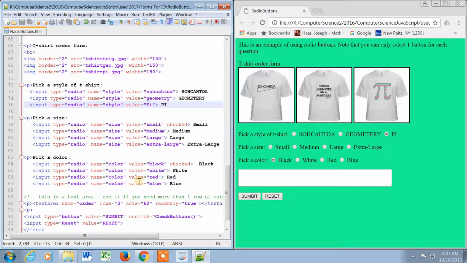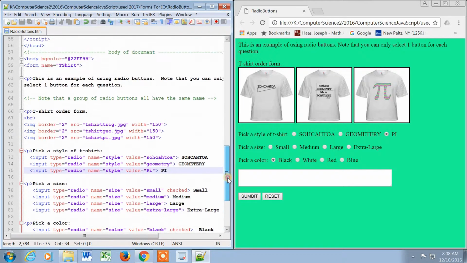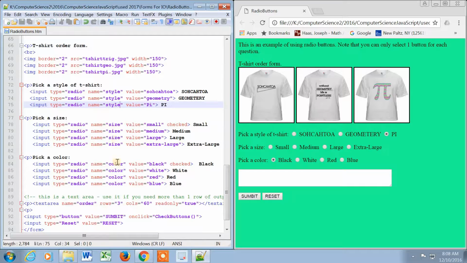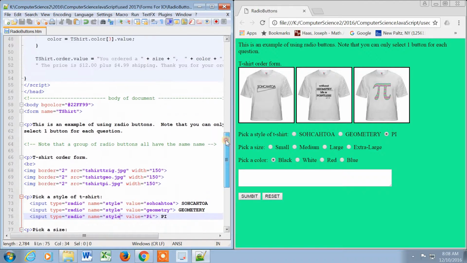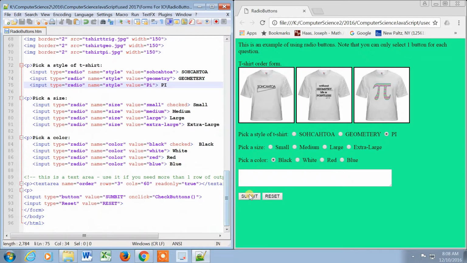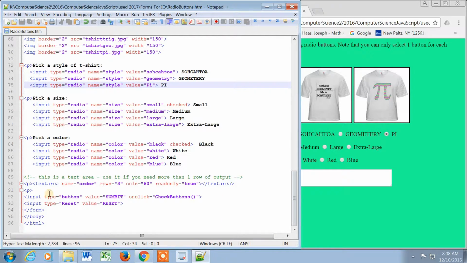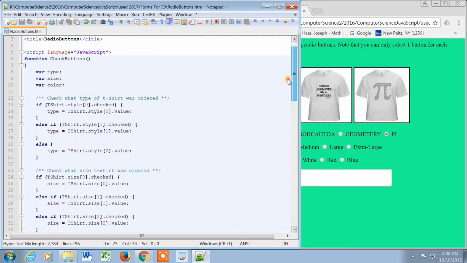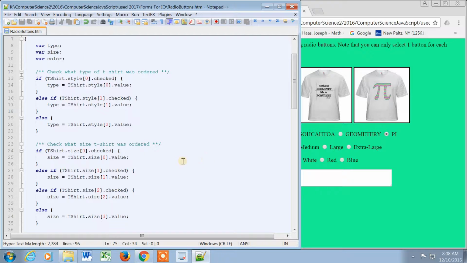So then the only other thing is, how do I figure out what they checked? Well, if you scroll up to the top, let's remember, style, size, and color are my groups of radio buttons. Up here on the top, I have a function called check buttons. Now, of course, check buttons is run when they click submit. It says, button submit, run the function check buttons, on click check buttons. So up here is check buttons. And the name of each radio button is t-shirt. This is the name of my form,